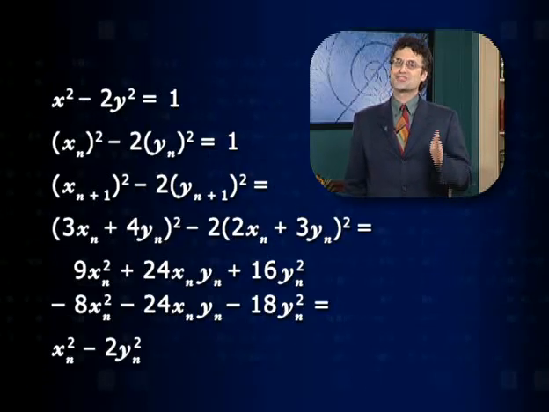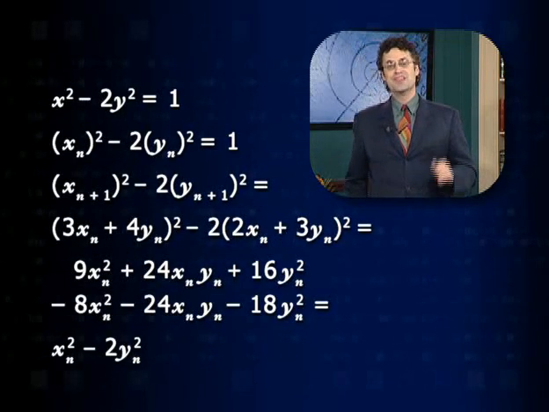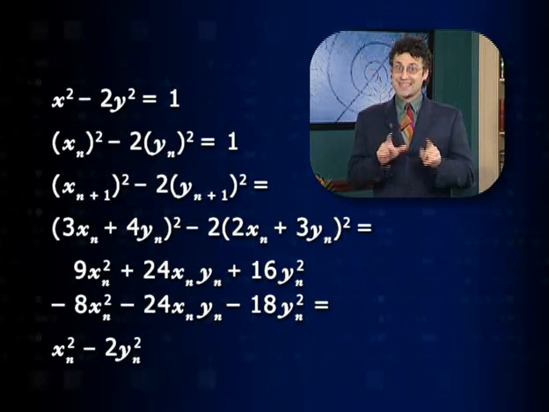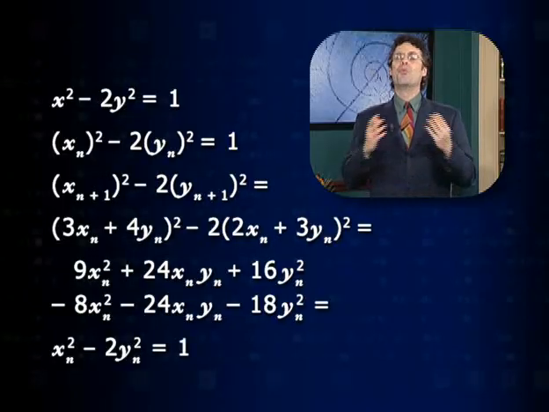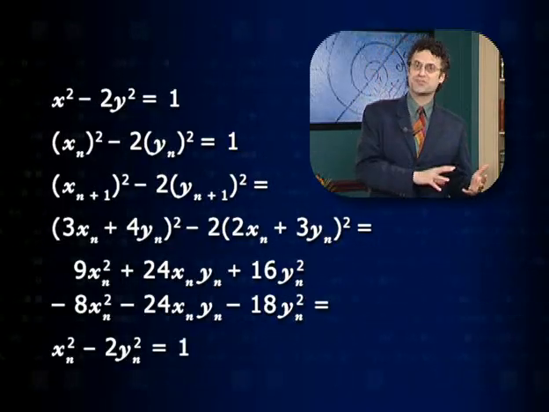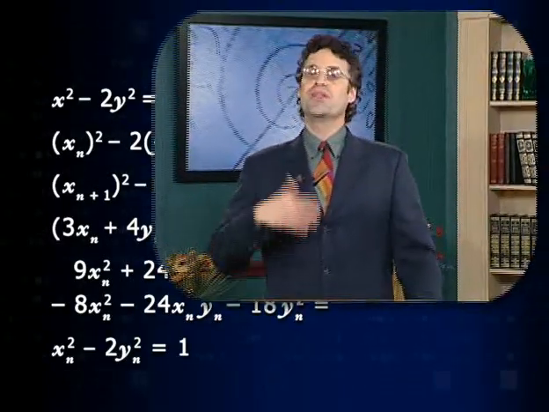I get xn squared minus 2yn squared. Everything collapses down to just that. But xn and yn are known solutions to that equation, so that has to equal 1. And so therefore, when I plug in xn plus 1 and yn plus 1, I see I get 1 in general. Well, therefore, we conclude that xn plus 1 and yn plus 1 is indeed another larger solution, and hence